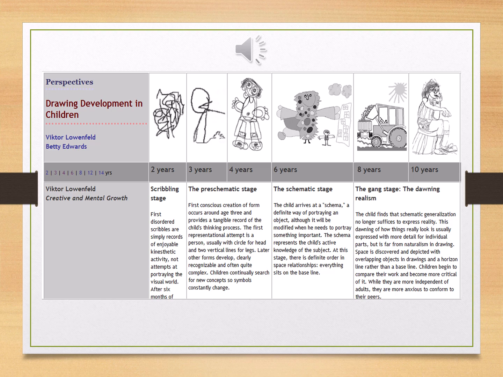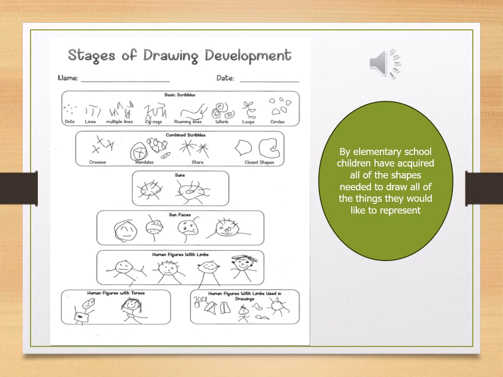skills head off from. And then finally on this slide, I just wanted to show you how drawing progresses, so how children take basic shapes and lines and start incorporating them to create things that we're familiar with across time. So you can see that at the beginning it's swirls and circles and lines and dots, and then those start to get combined with each other so that we have crosses and stars and closed circles and things like that. And then those translate into suns, and then those suns turn into faces,